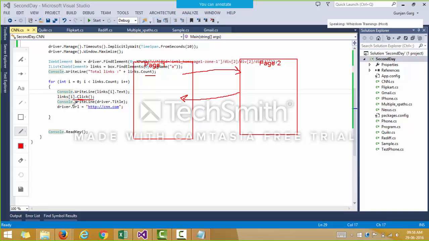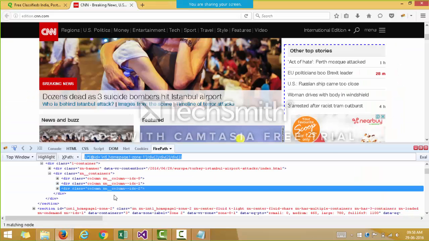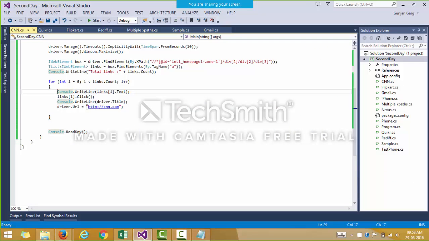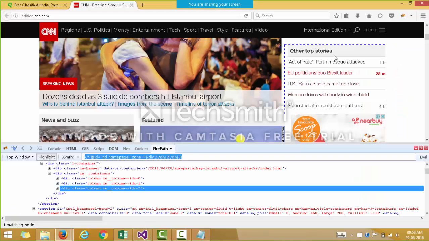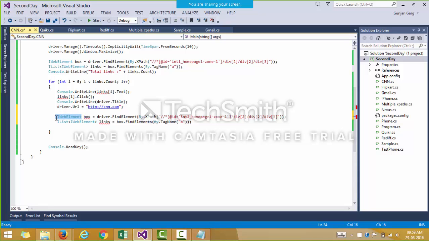Yeah, we can do that also, or otherwise, like what I'm saying right now, just like we are switching back to cnn.com, over here we need to extract the box and the links again, from where all the links are present. So I'm telling you that we need to extract the box and the list of links again.